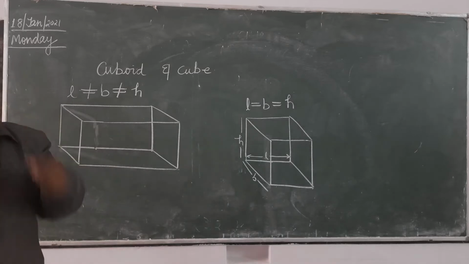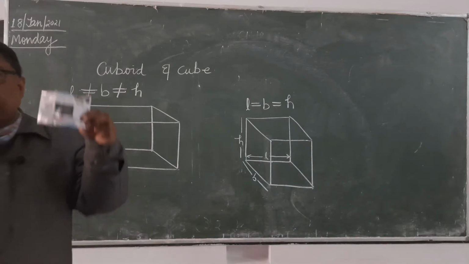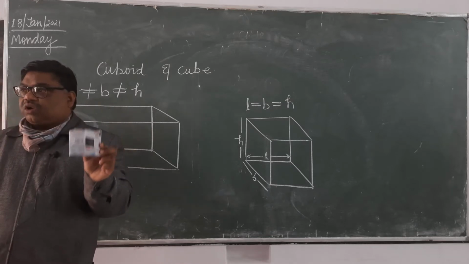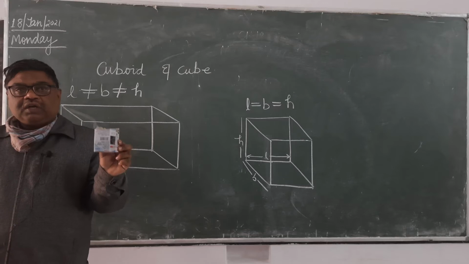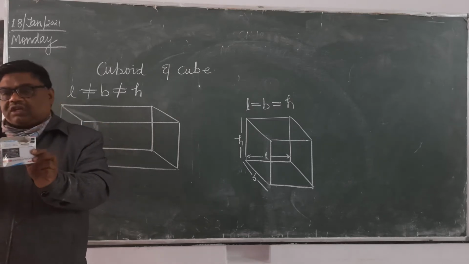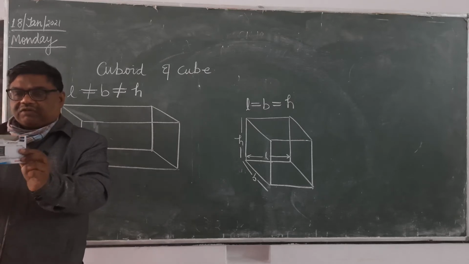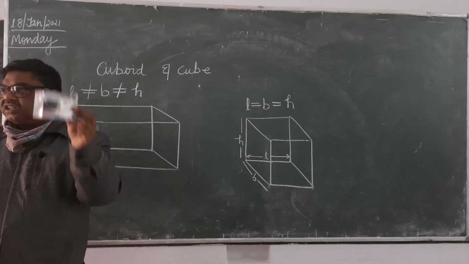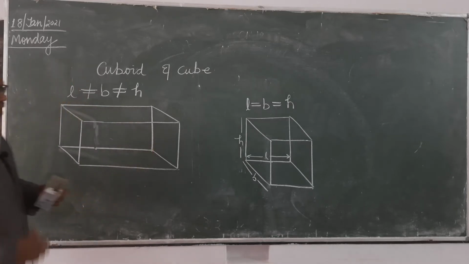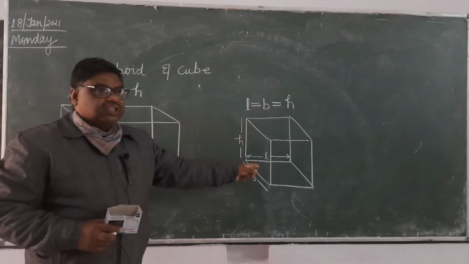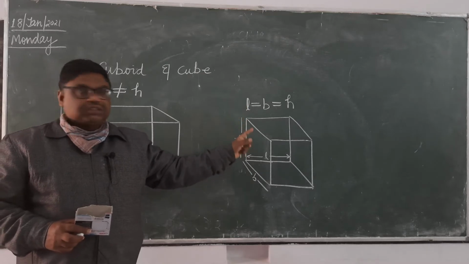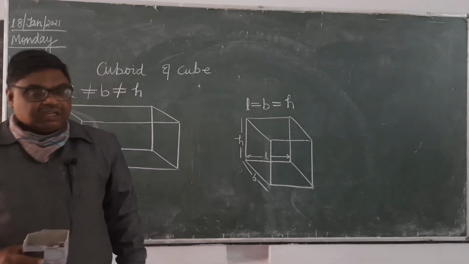Now if you see a cuboid, then a cuboid has 6 faces and opposite faces are of equal size. In a cuboid or cube there are 6 faces. Face 1, 2, 3, 4, this face 5 and this is 6. There are 6 faces and opposite faces are of equal size. While in a cube all the faces are of equal size because all have the same dimension. Here length, breadth, height all the three are equal.